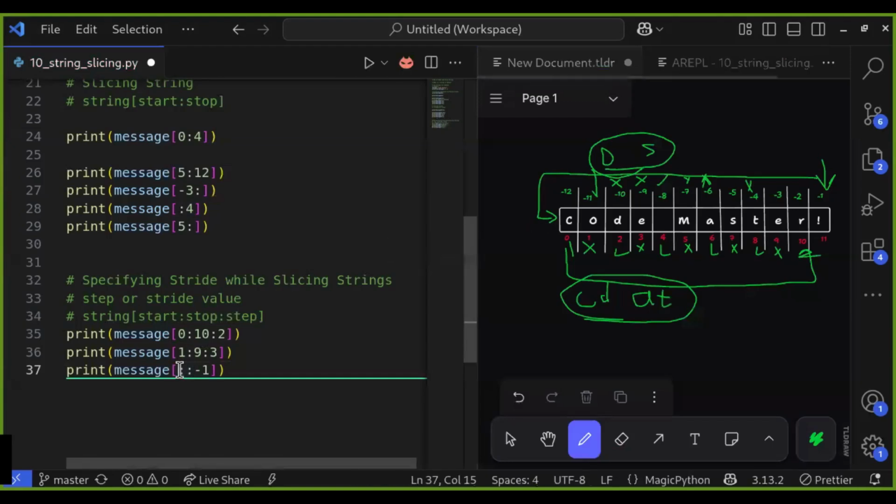When we use double colons without providing specific start or stop values, Python assumes we want the entire string. A stride of 1 gives us every character in order from 0 to the end, but a stride of -1 gives us every character in reverse order.